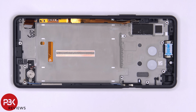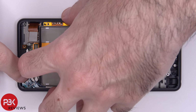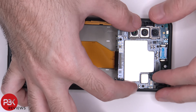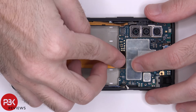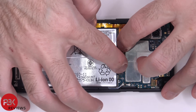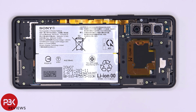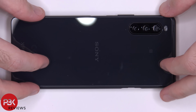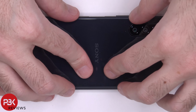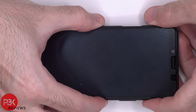Alright, now I'm going to go ahead and put the phone back together. Once all your screws are back in place, apply some new adhesive and place your back plate back over. Flip the phone over, power it on,